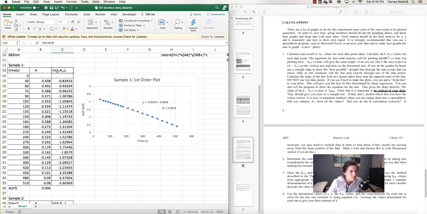So you might be thinking, but wait, we're plotting absorbance, not concentration. But you should know from Beer's law, which is A equals epsilon L times concentration, that concentration and absorbance are directly proportional to each other. So the rate of change in one is going to be the same as the rate of change in the other one. Okay, so this is what you're going to do first,